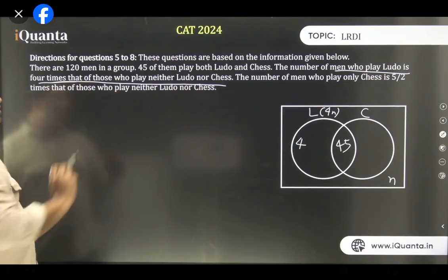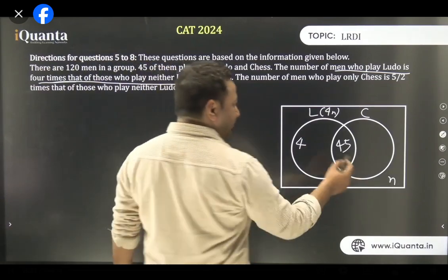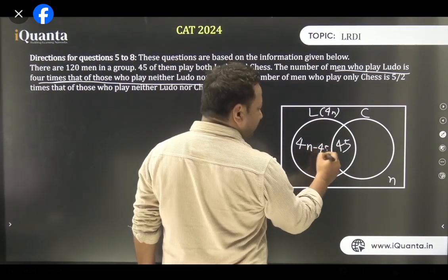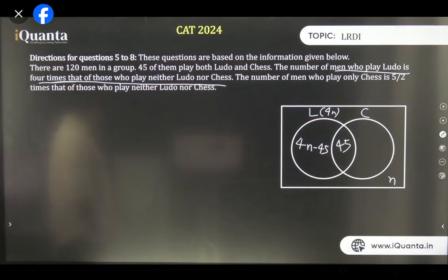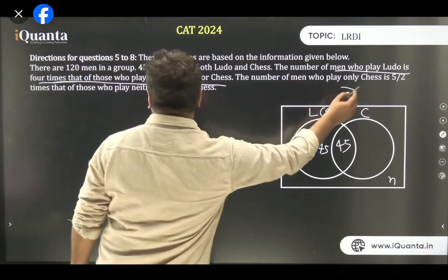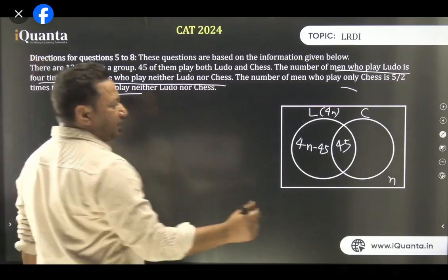Ludo players are 4 times of those who do not play anything. This is n, so this is 4n. That means this will be 4n minus 45. All right. Now the lag is fixed. Tell me once. The number of men who play only chess is 5 by 2 times those who play neither Ludo nor chess. So this guy is